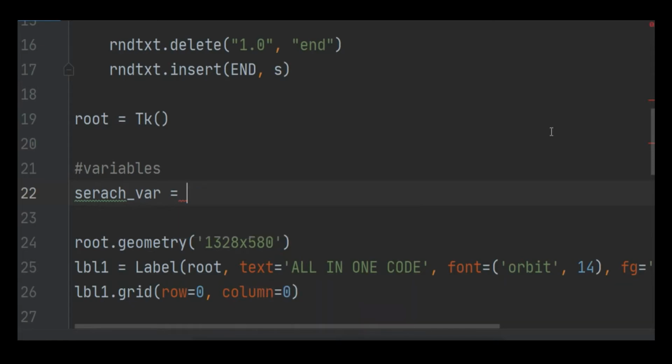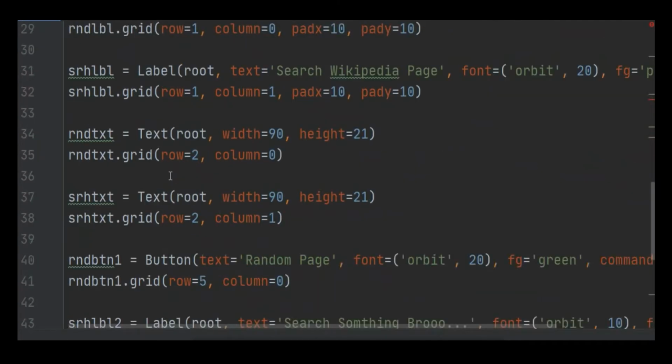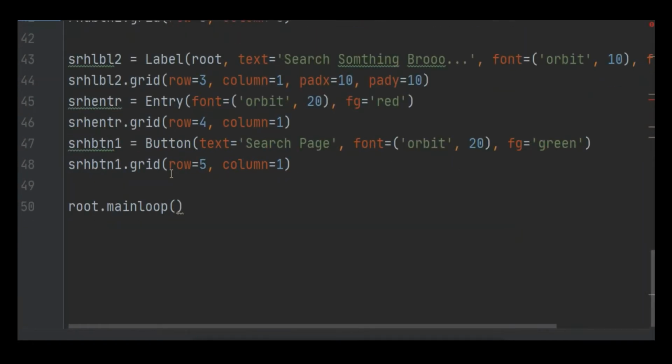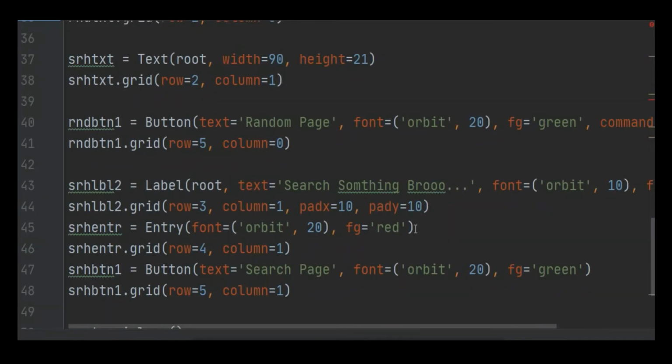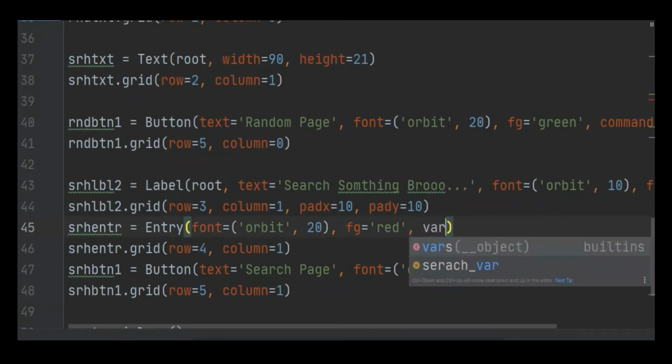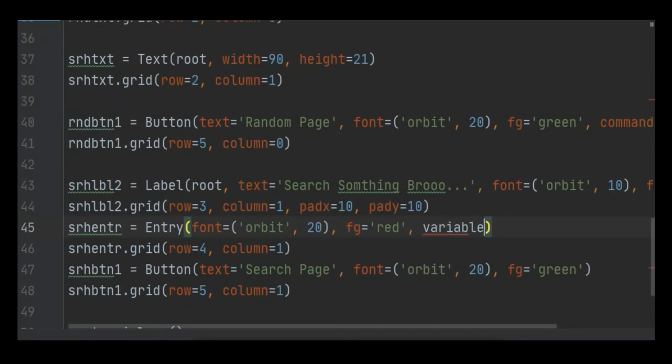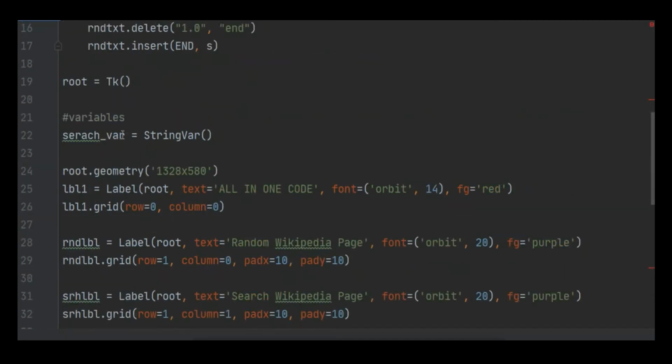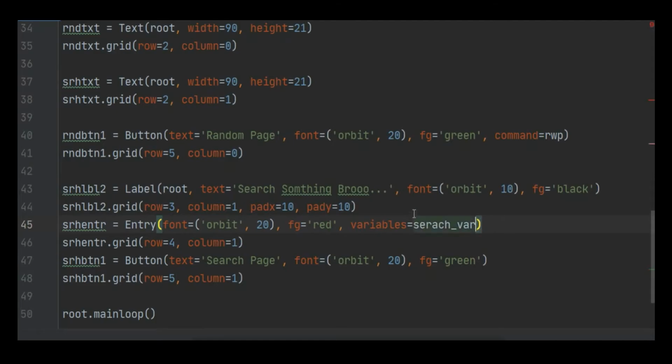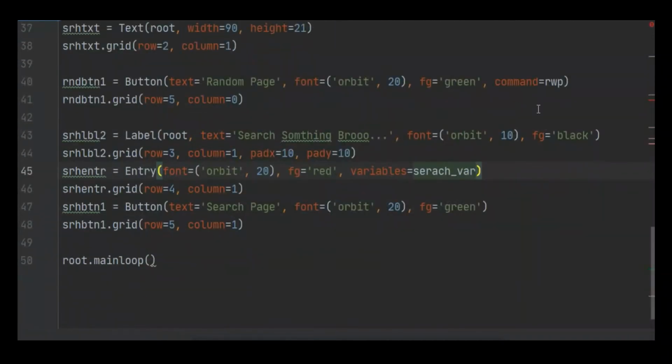So let's find our search box. Oh, this is it. And in here I'm going to pass the variable equal to the search variable, and I'm going to copy it and then simply paste it. And now in here I'm going to pass the command equal to swp in our button next to the search box, and then I'm simply going to change the r into swp.